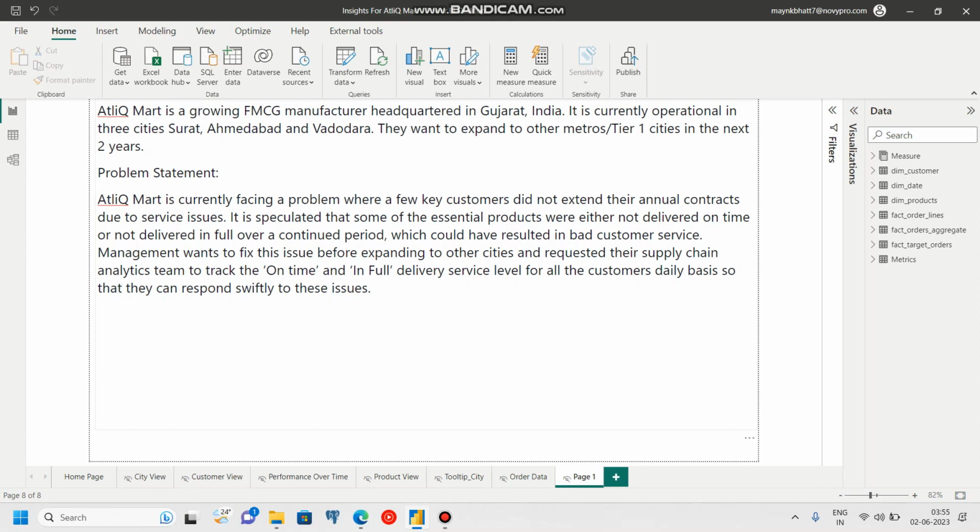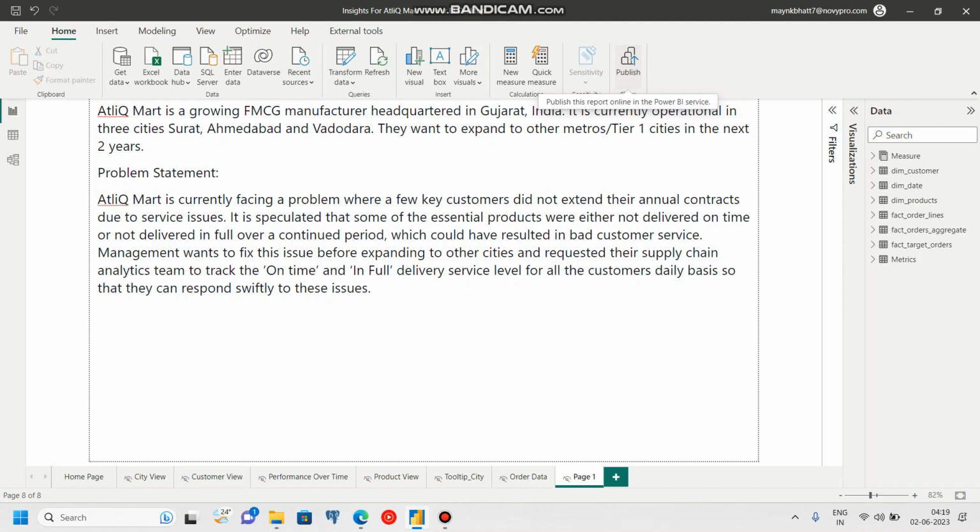Let's look at the problem statement for AtliQ Mart. AtliQ Mart is currently facing a problem where a few of its key customers are not extending their annual contracts. It is speculated by the business owners at AtliQ Mart that some of the essential products were either not delivered on time or in full over a continued period. This could have resulted in bad customer service experience for the customer. Management wants to fix these issues before expanding to other cities and has requested their supply chain analytics team to track the on time